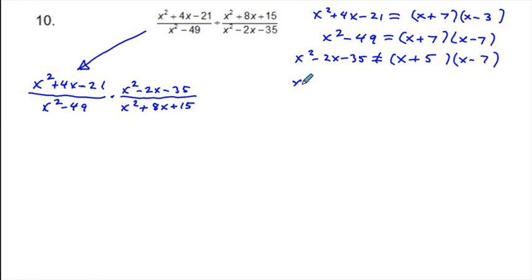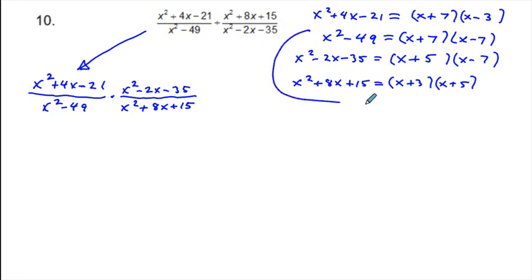And finally, we have x squared plus 8x plus 15. I said cannot equal... I'm kind of working ahead towards excluded values there, aren't I? We'll take care of that later. It's going to be x plus 3, x plus 5. Now our excluded values are going to come all from here,